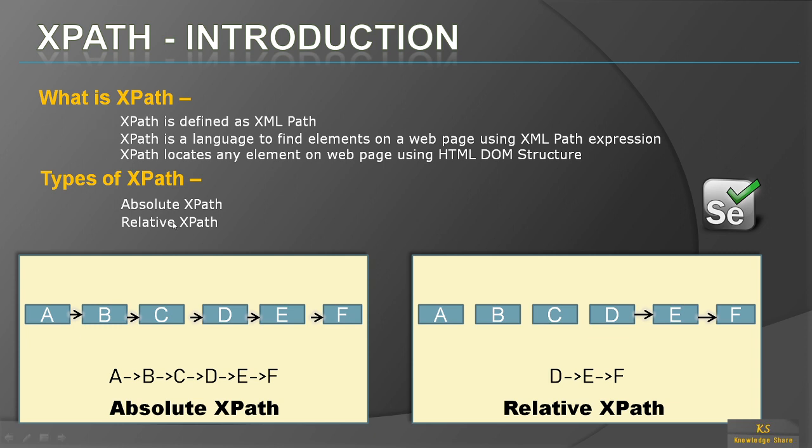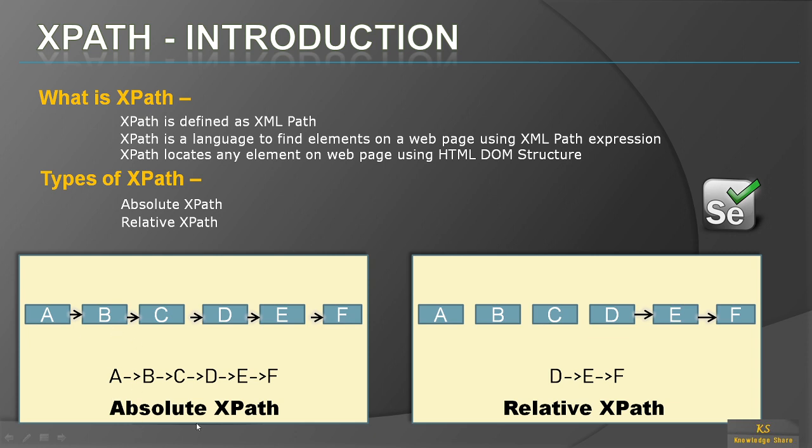We will switch to a practical example in a while. Just listen carefully. This is a very important concept. Without XPath, you cannot achieve your automation. You have to write your dynamic XPath so that you have quality code. So what are these types of XPath? Just understand the basic thing, then I will show you in practical by showing you one HTML DOM structure, and I'll relate it to absolute XPath and relative XPath.